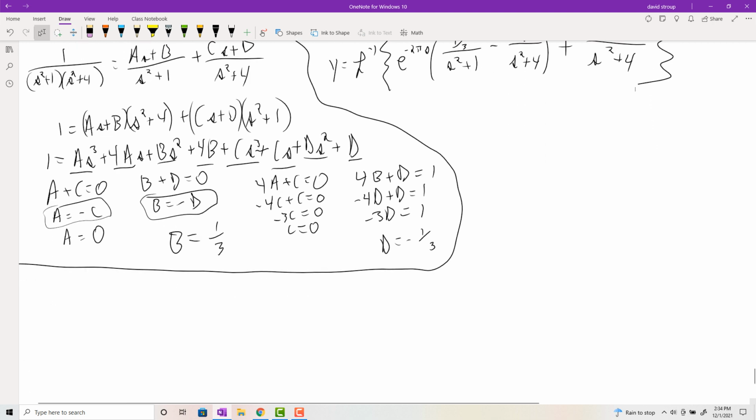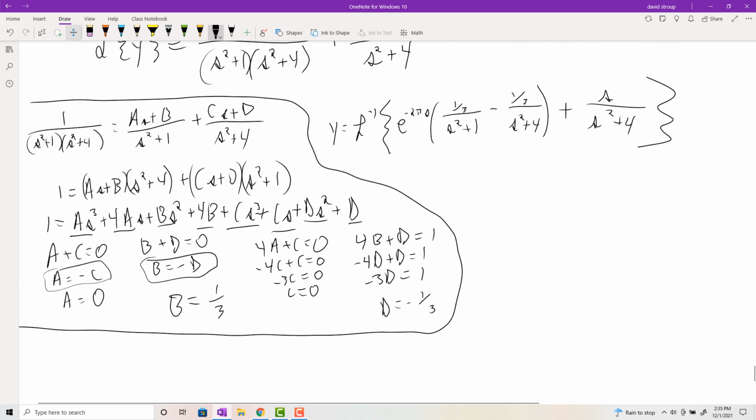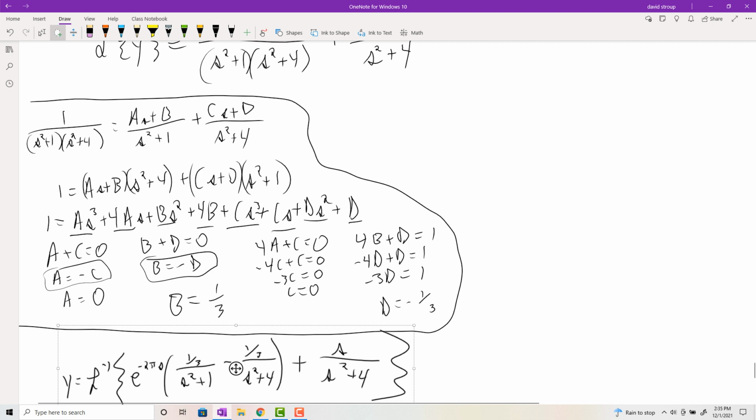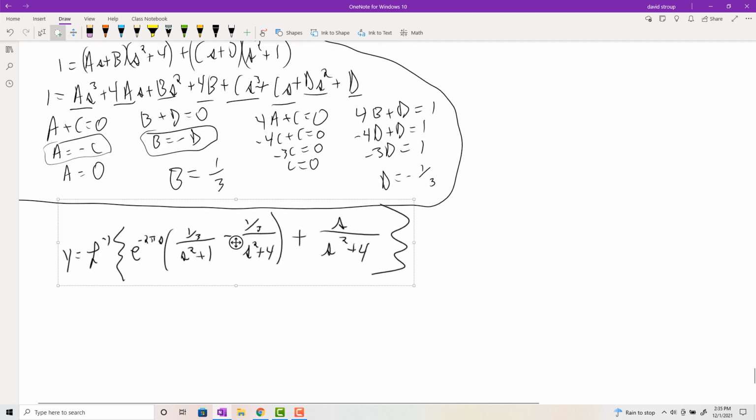Alrighty then, I'm going to move this downwards, give myself a little more room. Okay,